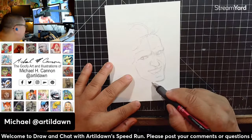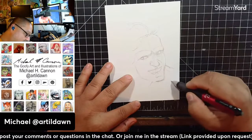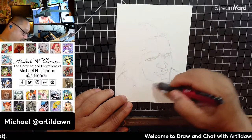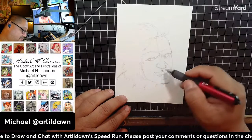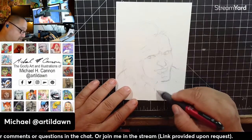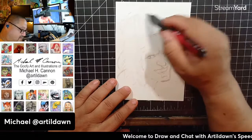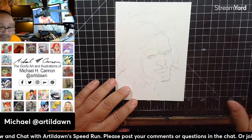Let's see. He's actually flexing, so this is his lats and shoulder over here. And if we carry this over, the other side's going to be right about here. Doesn't matter because it's all covered with hair. Yeah, the hair is going to slow me down on this dude. Trying to get a fair representation of the hair is going to be hard because there's so much of it. Right now I'm just trying to get the block of the hair. All right, I guess that's going to have to do for